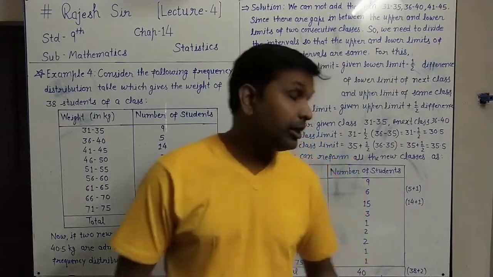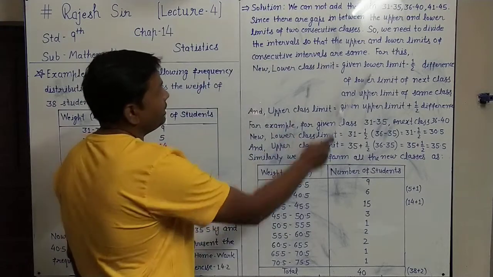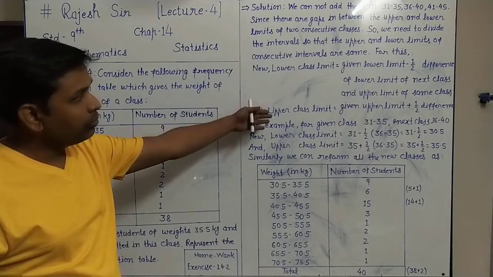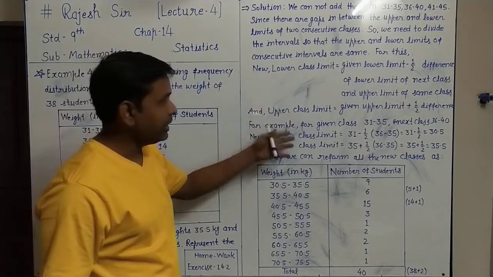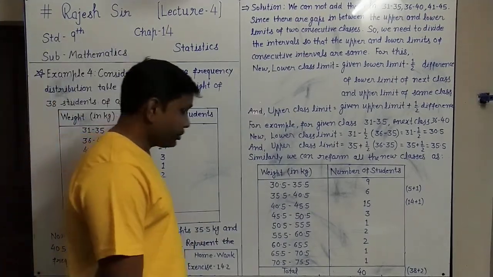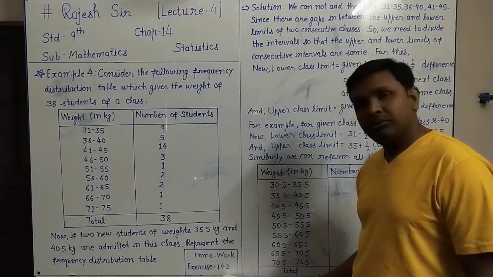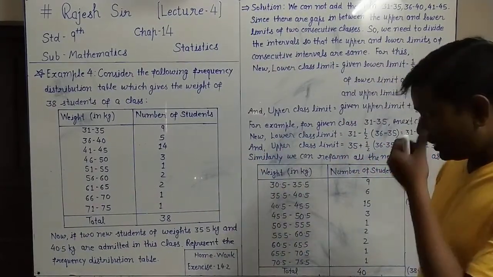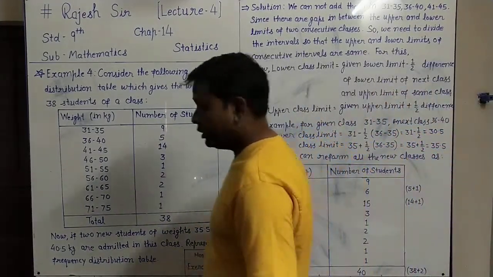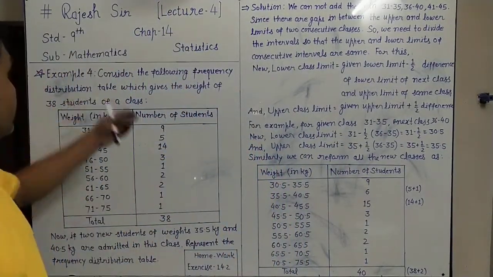So we have changed and reformed it into a continuous class distribution, where the upper limit and lower limit of consecutive classes are the same. And for this, this is the formula we have, and with the example we understood, and we have done it in the same example. If this type of question is there in the coming exercise 14.2, we have seen how to reform the classes, and in that we can admit the new students or we can represent the data for the given frequency distribution table.